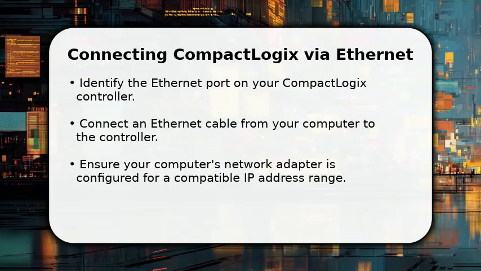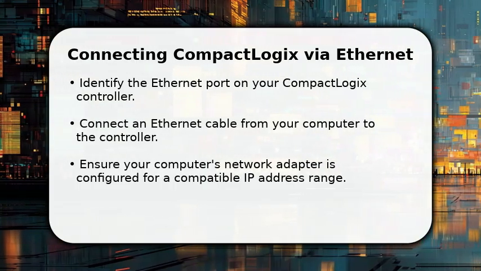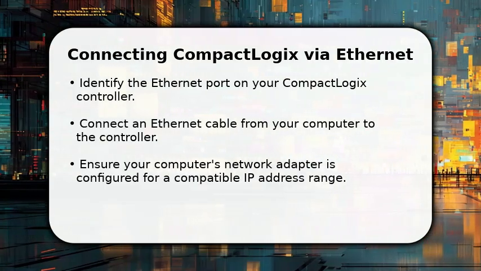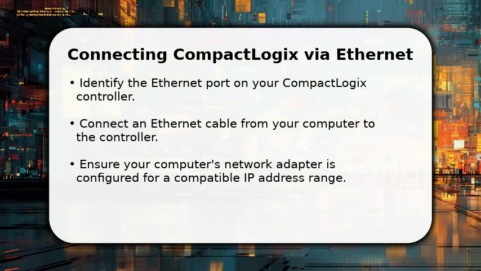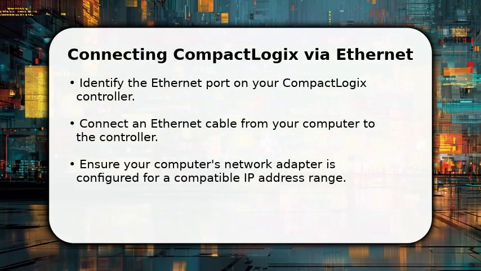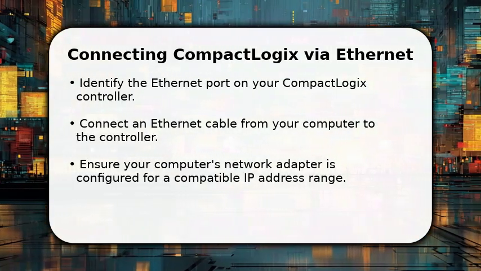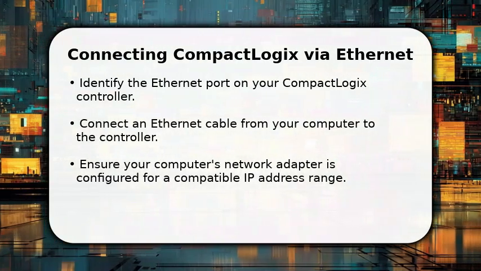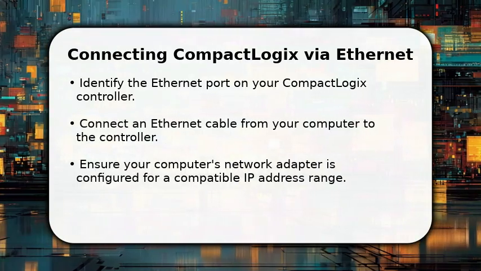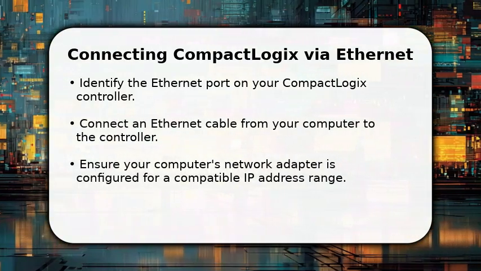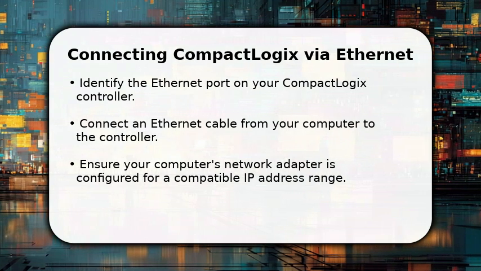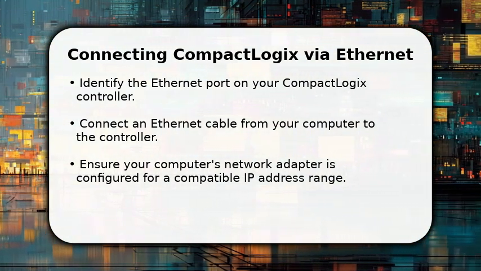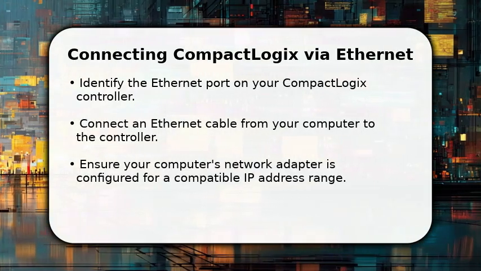In this video, I will explain how to connect to CompactLogix via Ethernet. First, locate the Ethernet port on your CompactLogix controller, typically labeled Ethernet or ENET. Next, connect a standard Ethernet cable from this port directly to your computer's network adapter. It's crucial to ensure your computer's network settings are prepared for a compatible IP address range. This initial physical connection and basic network readiness are the foundational steps for establishing reliable communication with your controller, setting